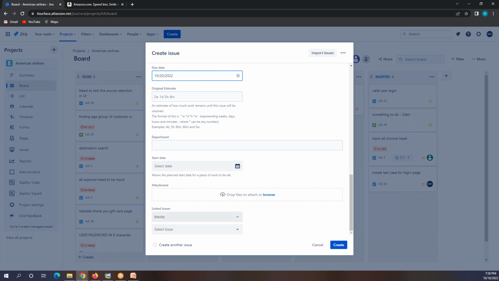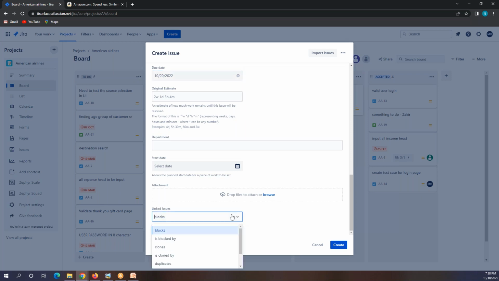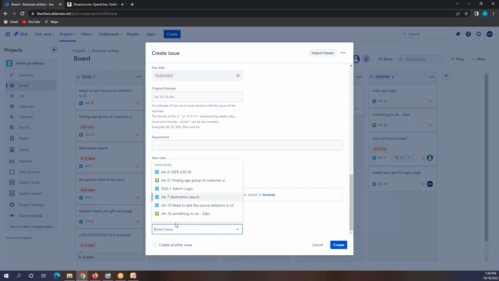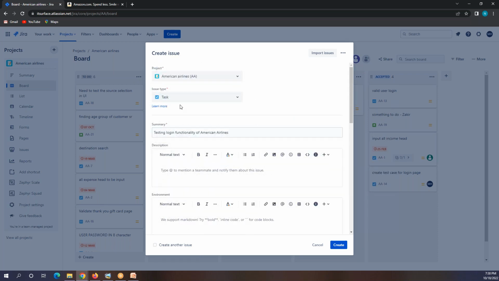And if you want to make any connection between the task that you are going to test and the developer task, then you can add the task here. You are adding which task this relates to. You can also do that. Which story does this task relate to, like user login? You can add that, and it will relate to that. Okay, so this is done, and when it's done, just click on create.